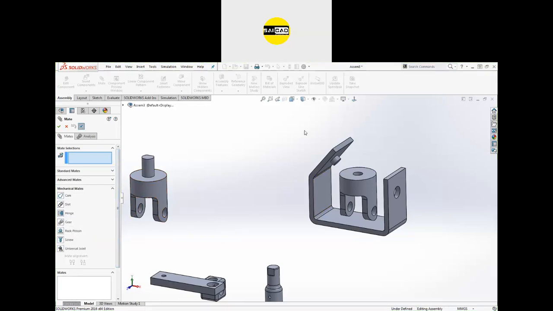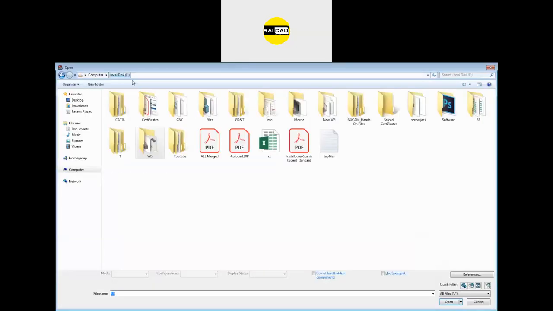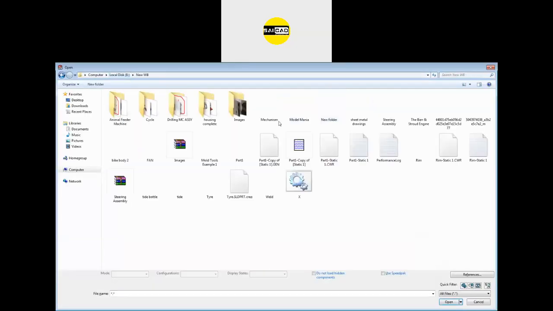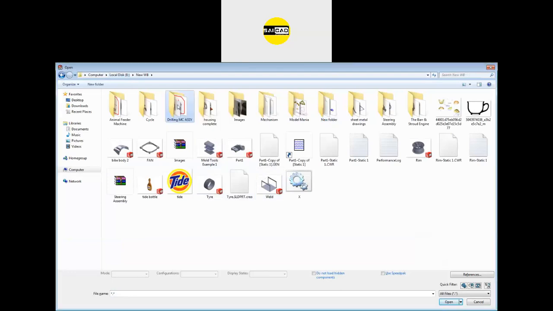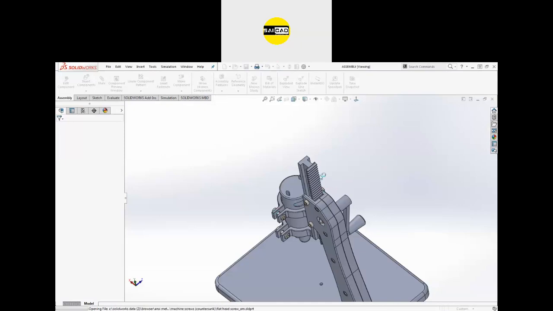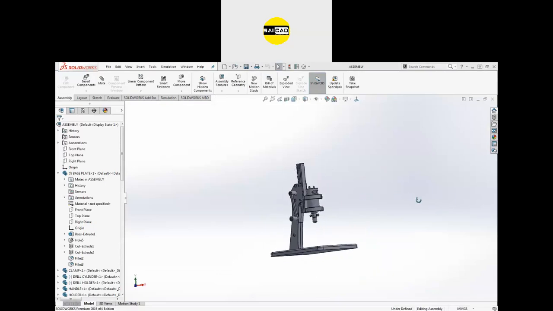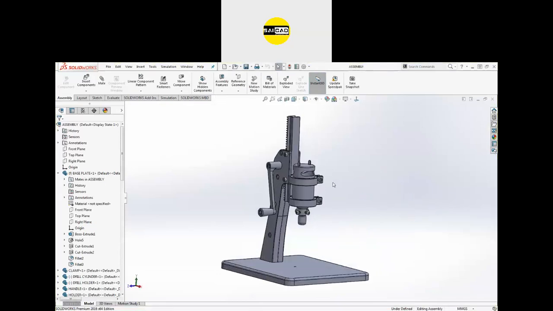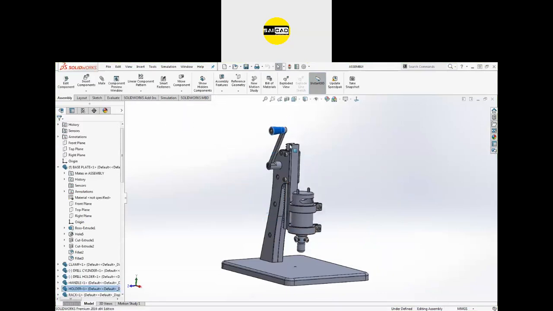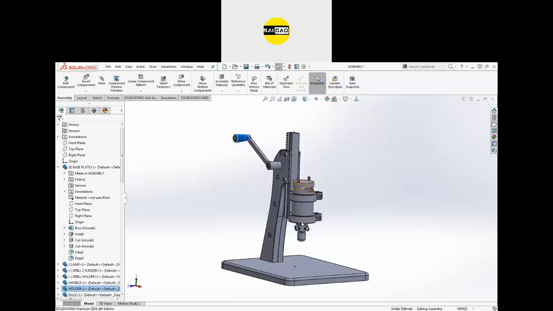So what can these do? I'm just going to show you with the help of another example. So here we have an example. This is a component, this is a product. Right now you can see if I turn this one, my object will turn according to that, and the functionality will be performed here like that.